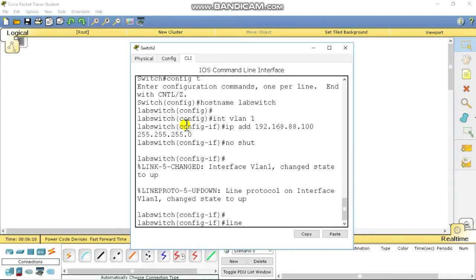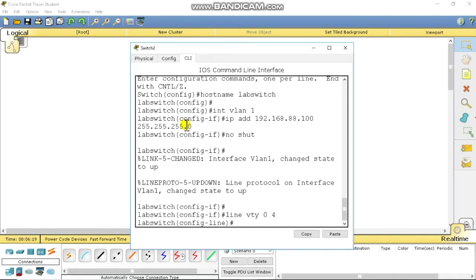Type here line vty 0 4. Enter. Type here transport input ssh. It is used to transport translate to SSH.